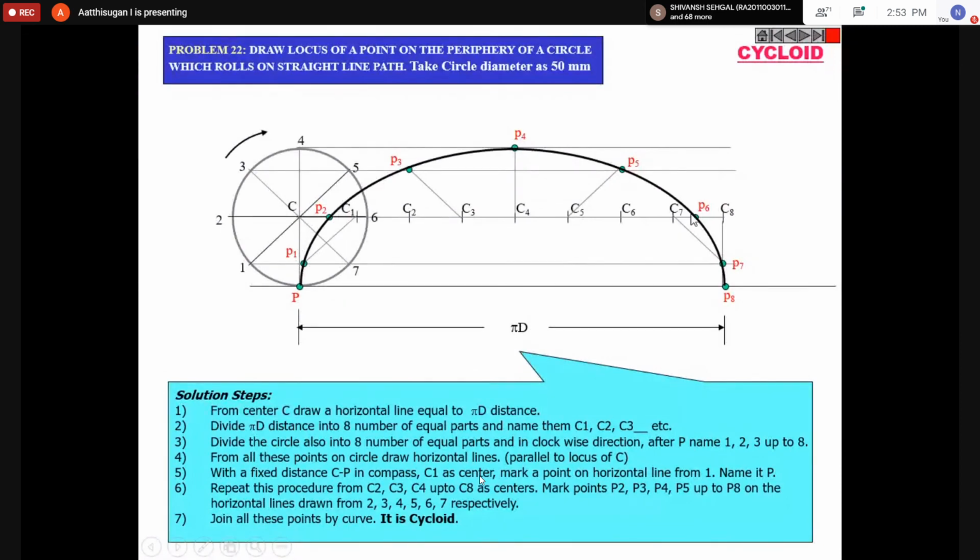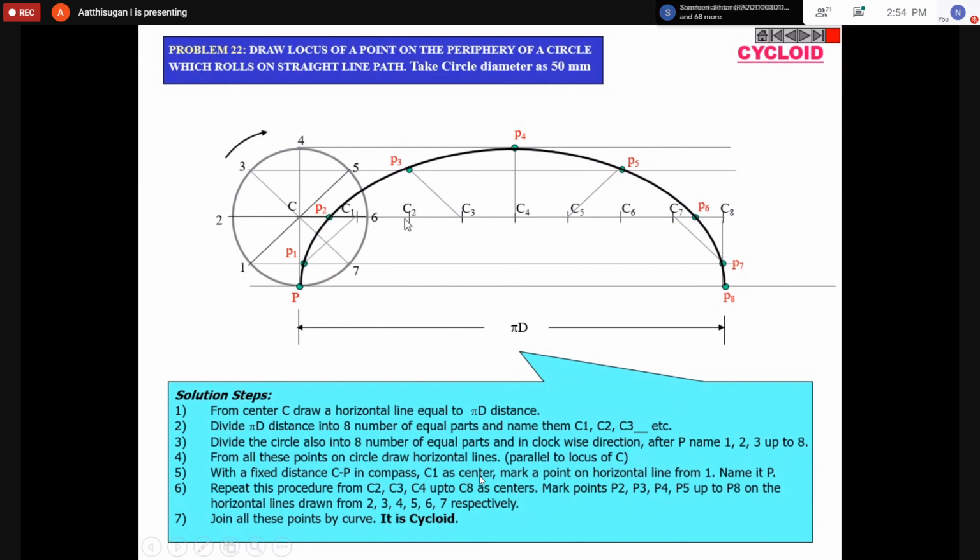Mark the point where the sixth line is. This is the sixth line now. We'll be cutting here. Remember, this distance is nothing but the radius of the circle. Okay, do the same for C2 also. From C2, mark the distance point here. The distance is the distance I marked here.